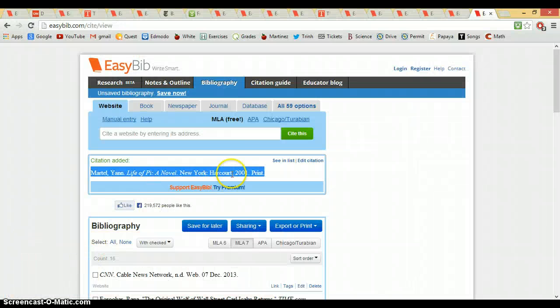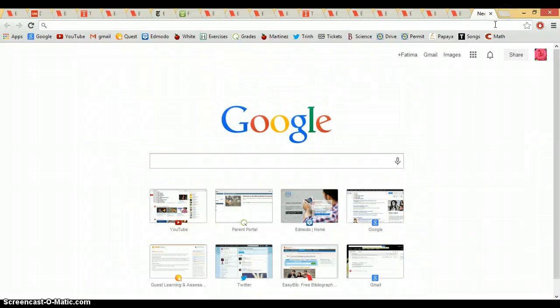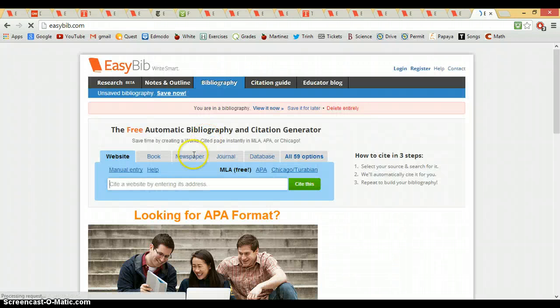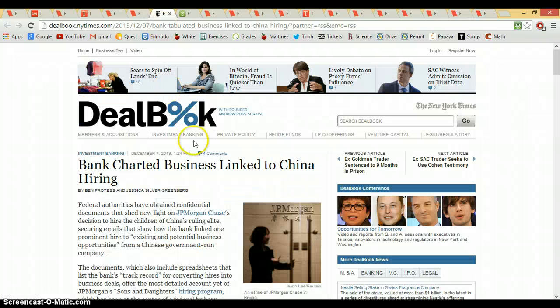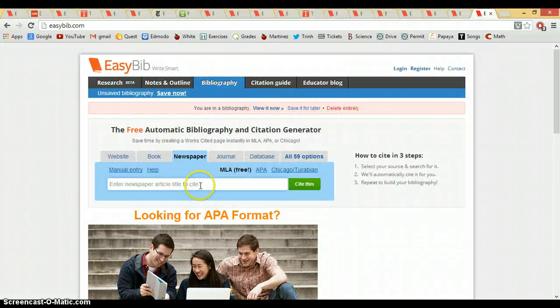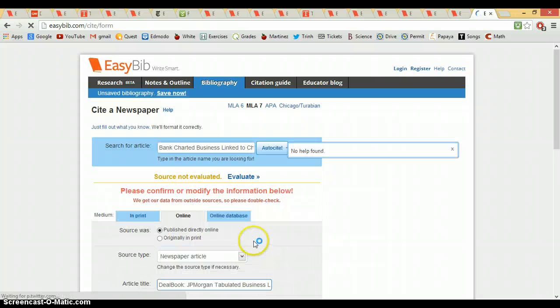And now we're going to cite a newspaper article. So here's my newspaper article right here. So you're just going to be going to EasyBib, of course, and pressing newspaper. And now you're just going to enter the newspaper title which is right here. Copy, paste that right here, and press cite. And now you just see if this is the correct one, and this is the correct article I'm looking for, and I just press cite, and then